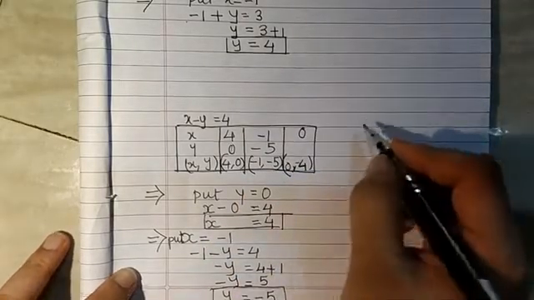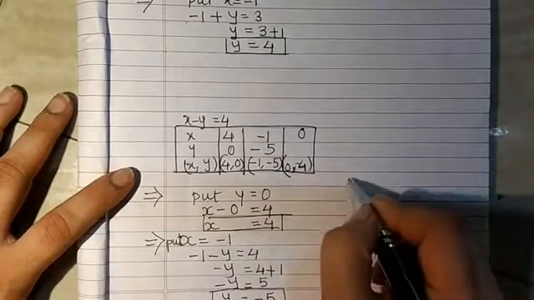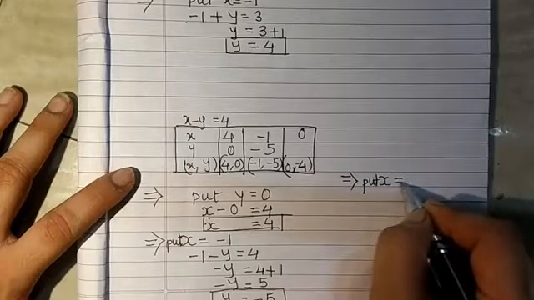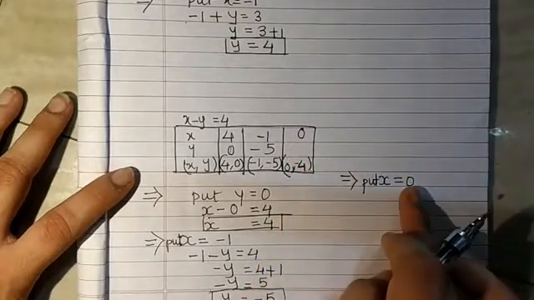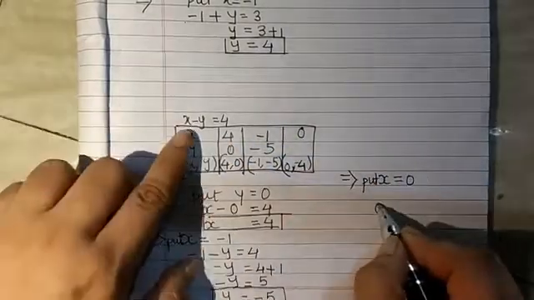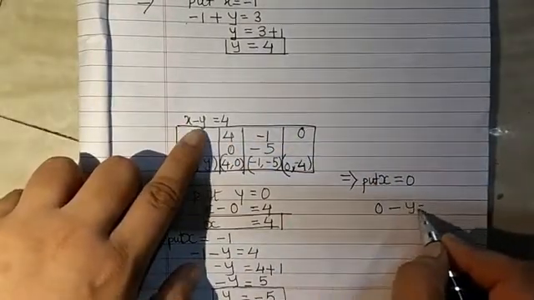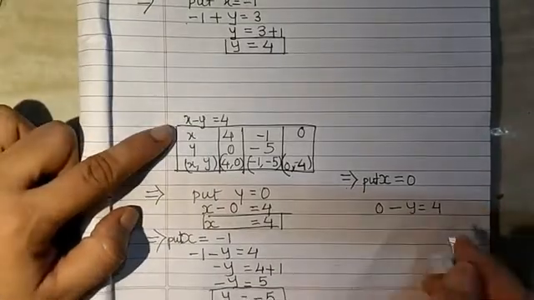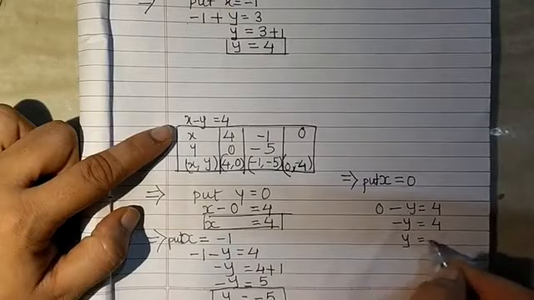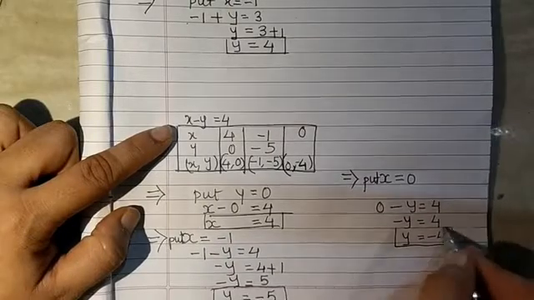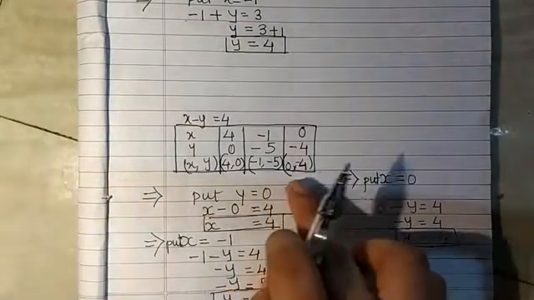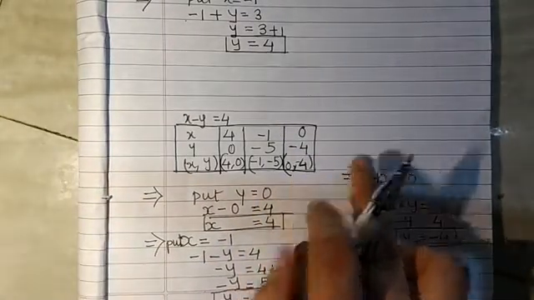Okay. Then इसके बाद में only next step is remaining, that is to put x is equals to 0. x की जगह पे क्या पुट करेंगे? 0. चलो पुट करते हैं 0 माइनस y इज इक्वल्स टू 4. ओके, तो x की जगह पे 0 डाला, माइनस y इज इक्वल्स टू 4. सो आई गॉट y इज इक्वल्स टू -4. सो देयरफॉर उन्होंने पॉइंट भी लिख के दिया है, which is 0, -4.